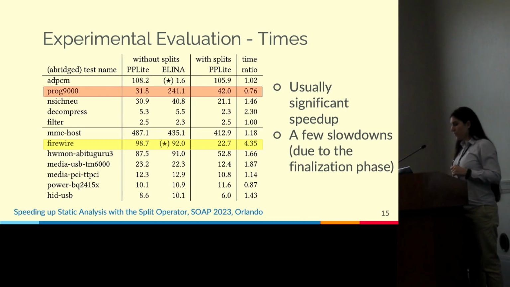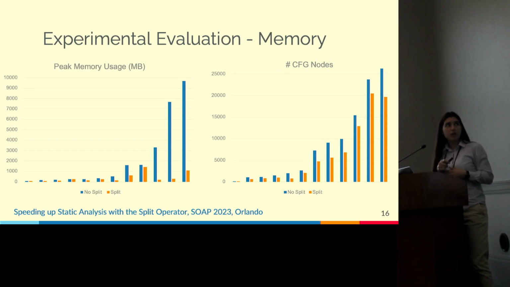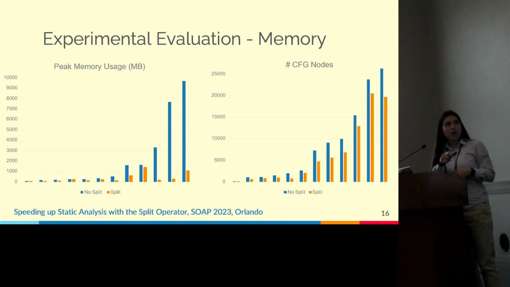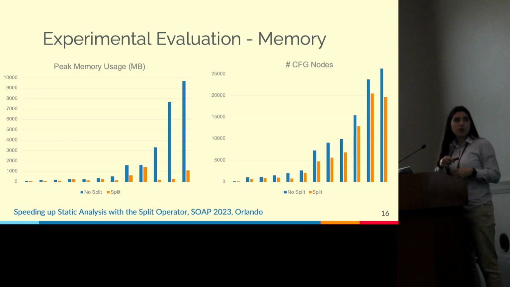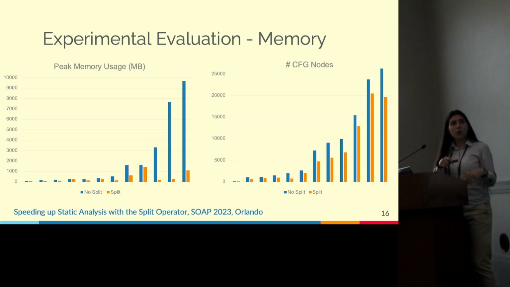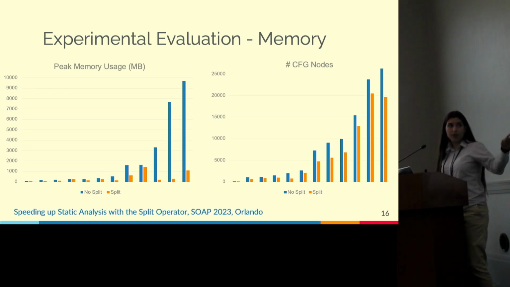So as for the memory, this was a nice side effect because we measured the peak memory usage in megabytes for each test in the no-split variant and with the split operator. And as you can see, we usually use less memory. And in the same test that was 4 times faster, we use 27 times less memory with respect to the implementation